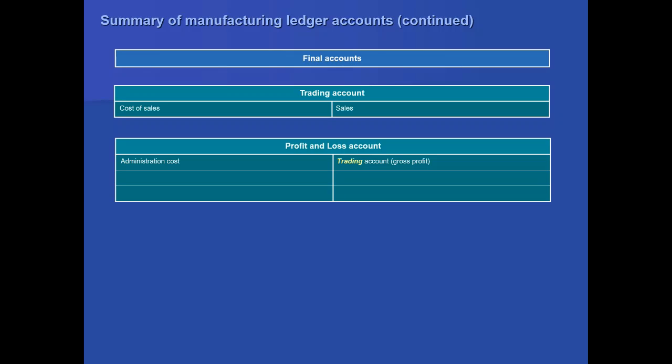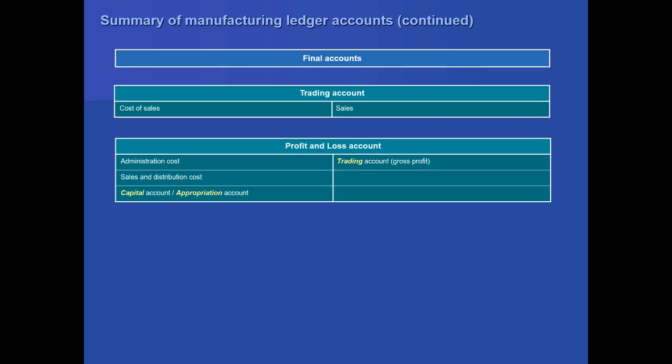We credited that cost account, therefore we now debit the profit and loss account when we get rid of it. The same thing for our sales and distribution costs. And now the difference, hopefully our gross profit is more than our administration and sales and distribution costs. Then we still need something here, and that will either